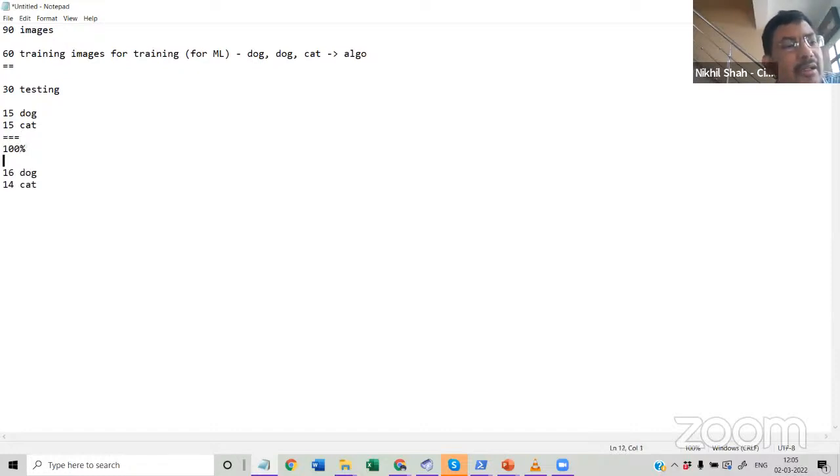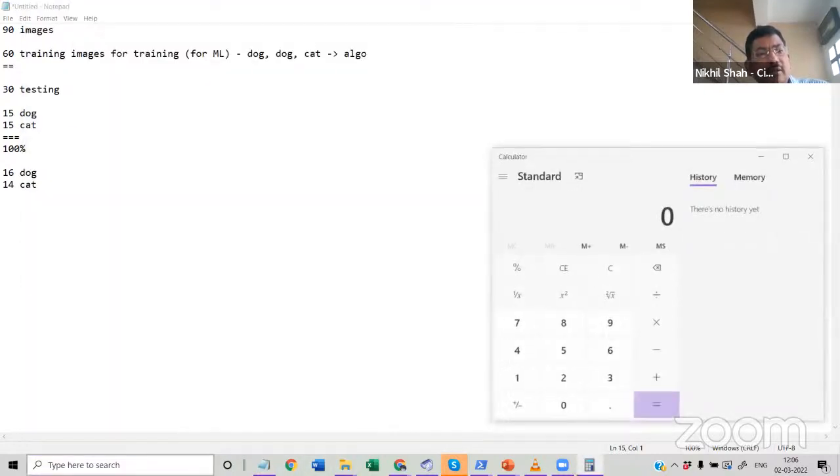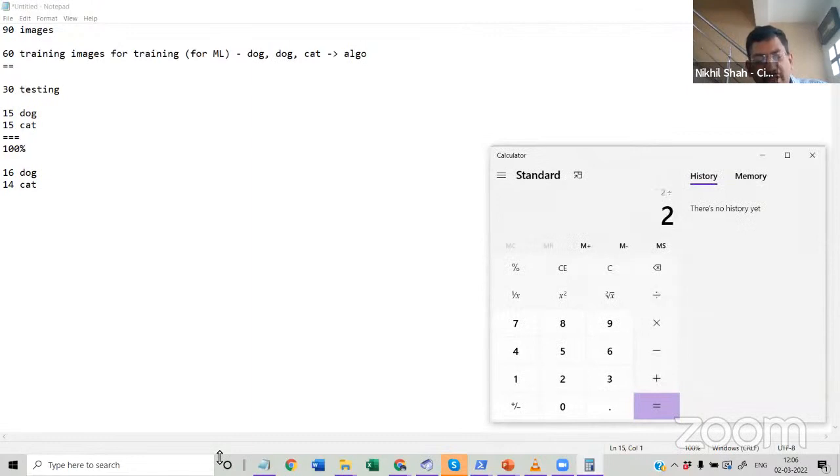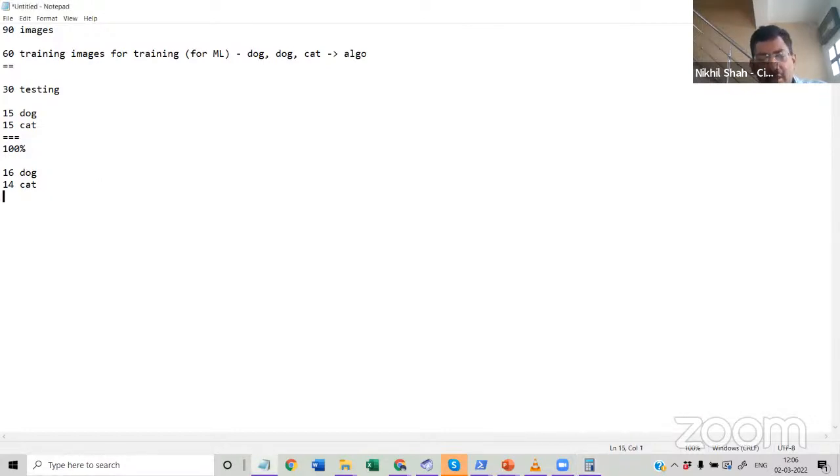But here it made two wrong classifications, 2 out of 30, that means 6% wrong prediction. So my model is 94% accurate, I can say.